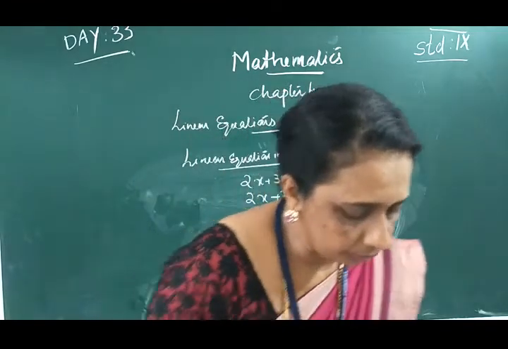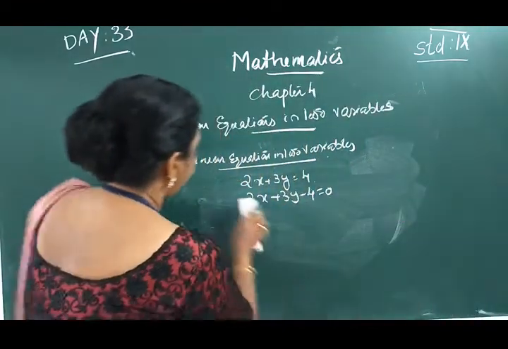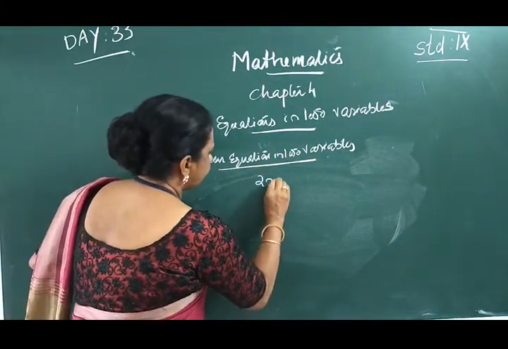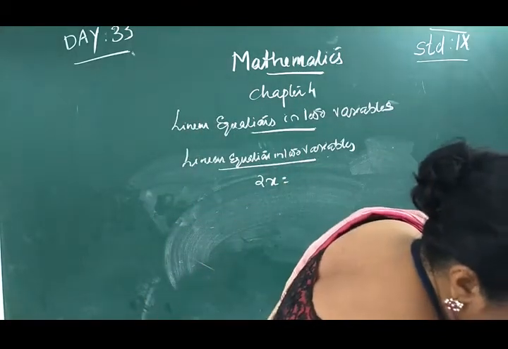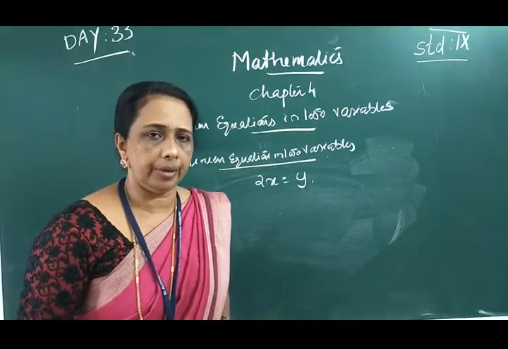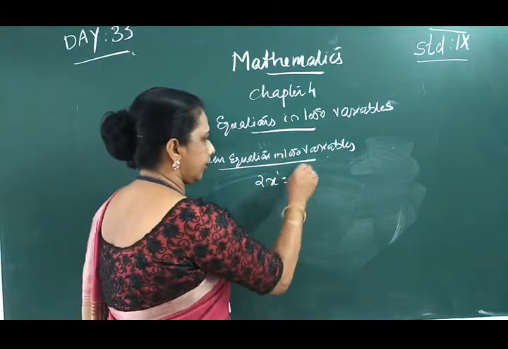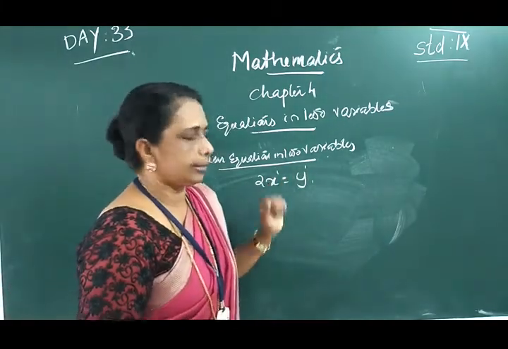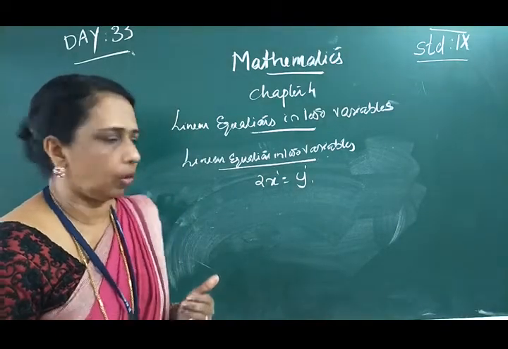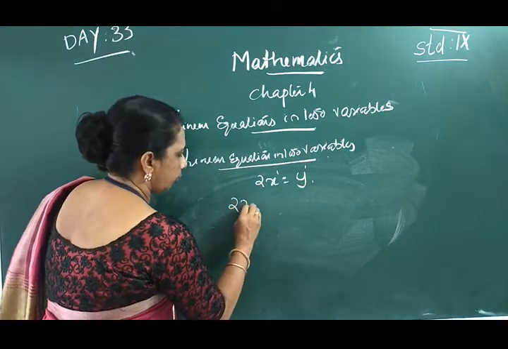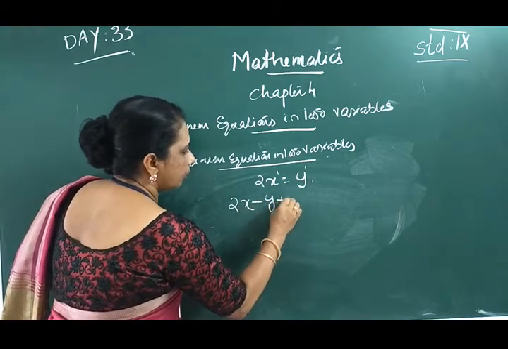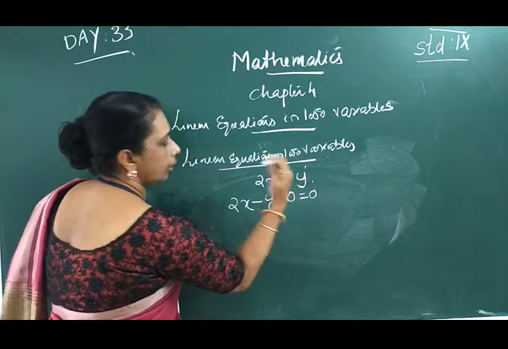That is, the given equation is in the form 2x is equal to y. Is it a linear equation in two variables? Yes, it is a linear equation. Since two variables are there, we can rewrite it in the form ax plus by plus c is equal to 0. Here the x term is 2x, the y term is on the right hand side, minus y, plus the constant term is not there, that is equal to 0.